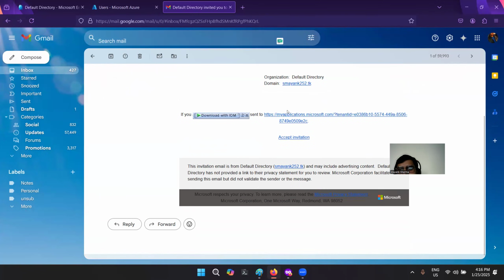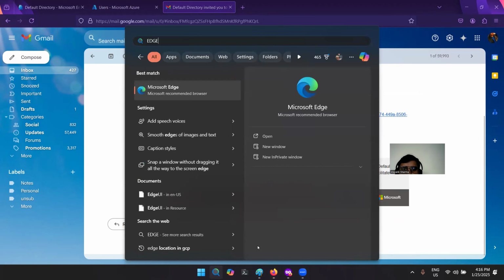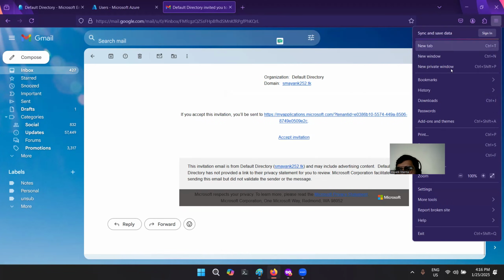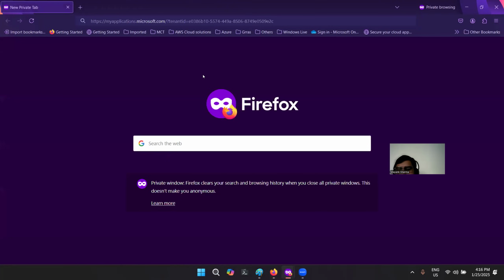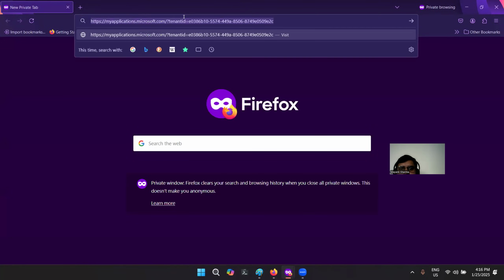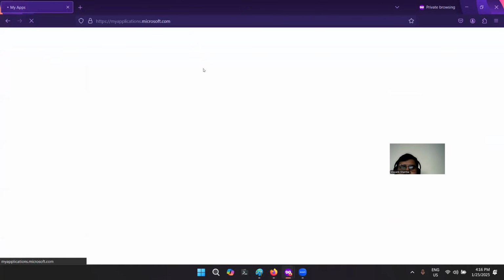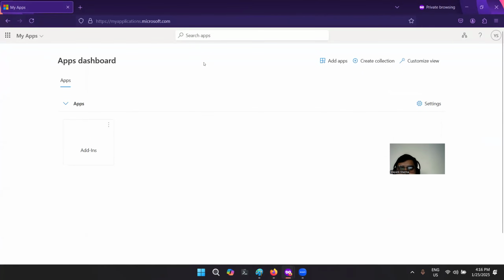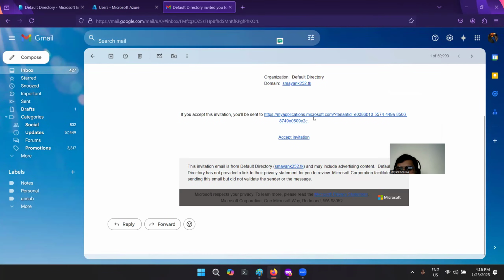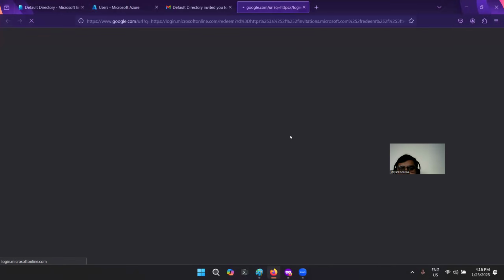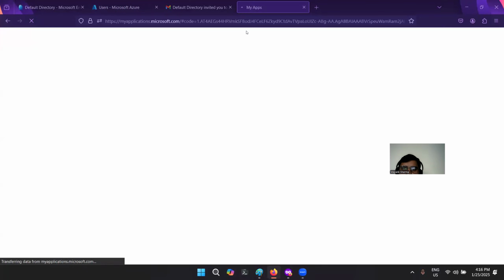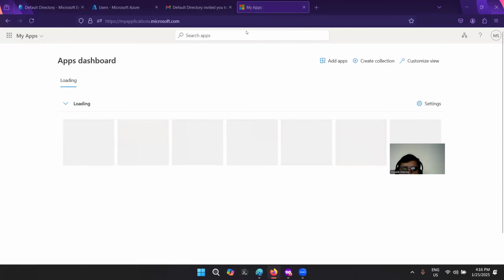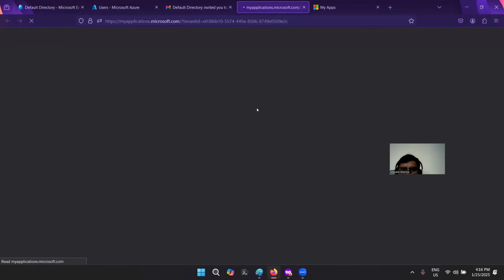Now let me copy this link and let me open it in Edge or in a private tab, otherwise it will go into the create any kind of a habit, because I already have an account with this email ID only. So okay, I have to redirect on this only. So just simply click on accept invitation here. Okay, and once you click here, I don't know why it is redirecting us to this page.